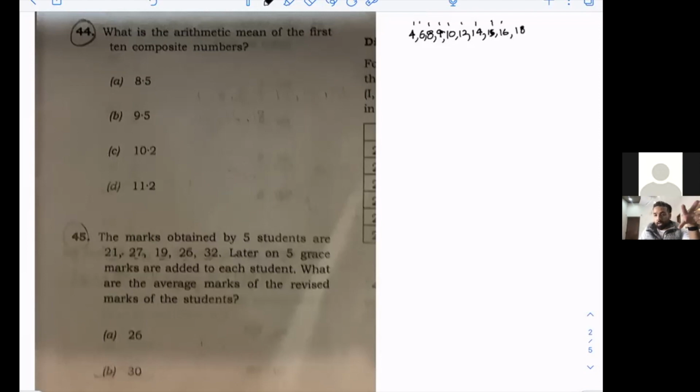Now we have to add all these and find the arithmetic mean. What is the smallest number? 4. How much is the difference? 2. And we add directly. 4 plus 6 is 10. 10 plus 8 is 18. 18 plus 12 is 30. 30 plus 10 is 40, 49. 49 plus another 30 would make it 79. 79 plus 18, 79 plus 20 would make it 99. 99 minus 2 is 97. 97 plus 10 is 107, plus 5 is 112. 112 divided by 10 numbers, the answer is 11.2, again based on simple mathematics, which is a part of the